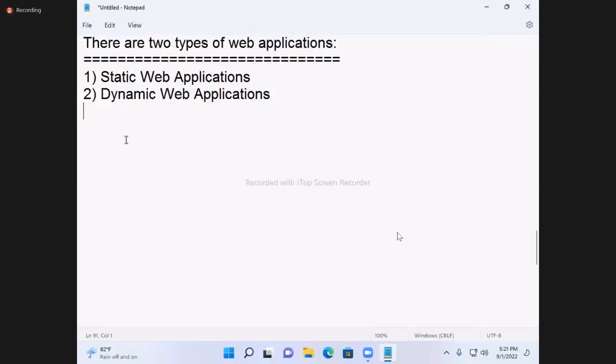Now, first I'll give notes, later I'll explain. Tomorrow class I'll explain, just write the notes only. First one, static web applications.